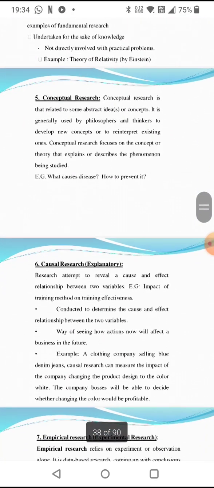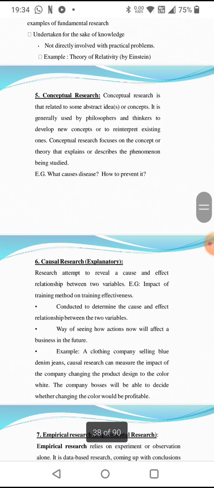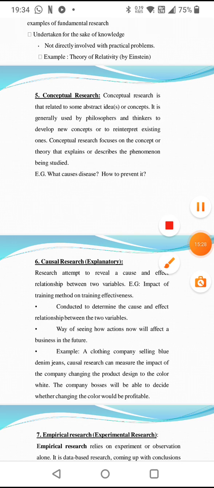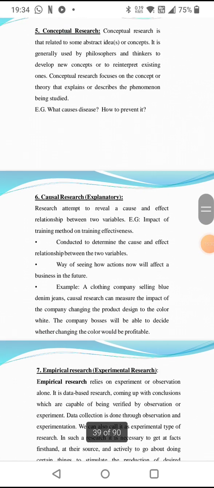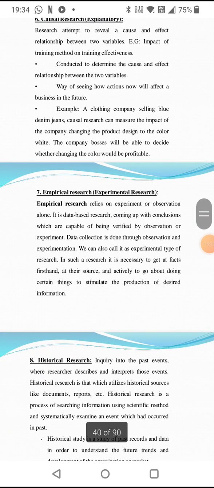Next is the conceptual research. So this conceptual research is related to some abstract idea or concepts. It is generally used by philosophers and thinkers to develop new concepts or to reinterpret existing ones. Conceptual research focuses on the concept or theory that explains or describes the phenomenon being studied. What causes the disease, or what might be the prevention, or what might be the solution to reduce the diseases,